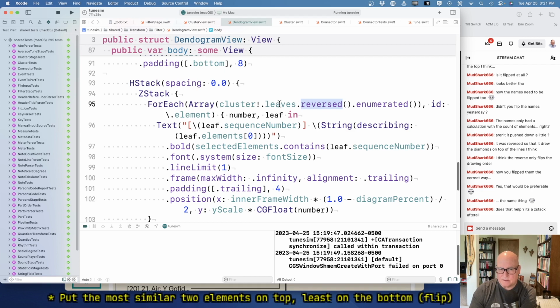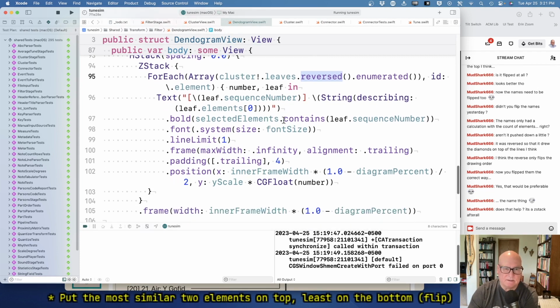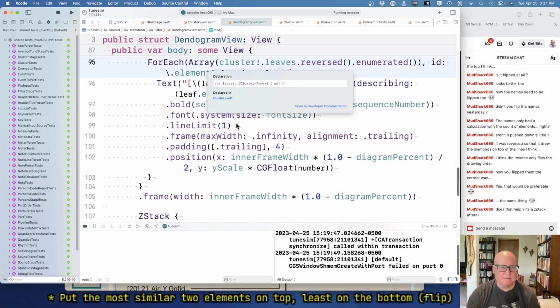So what I thought was the way we clustered and the way we built things, the leaves would always come out with their natural order being row 0 with row 1 is the most dense cluster, the best cluster. And that is not the case. Now, cluster.leaves,